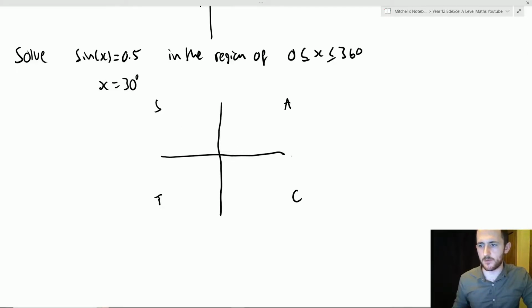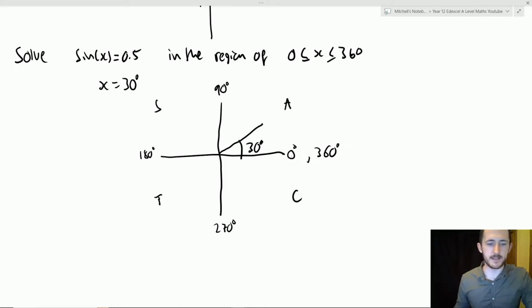Now we always start from the right and we move anti-clockwise. So basically this is 0 degrees, this is 90 degrees, this is 180 degrees, this is 270 degrees, and then back round to 360 degrees. Our 30 degrees would look something similar to this. And what we need to ask ourselves now is whether or not our value is positive. Well, this is a positive value, so we need to find the other place where sine x is a positive